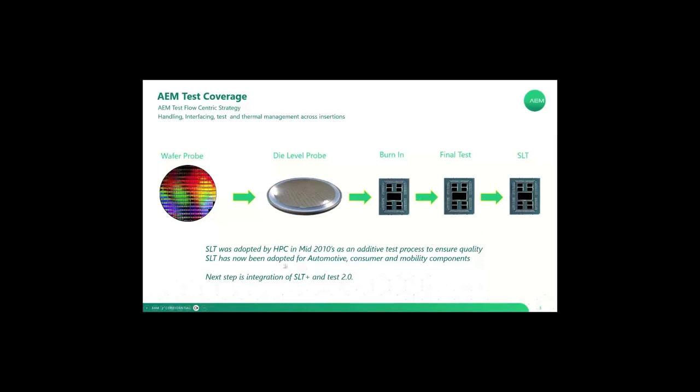What's also interesting is that over the last few years, as the rest of the industry has moved to these later, smaller process nodes, the automotive industry and even the consumer industry has started to adopt these additional SLT test flows. And if you really think about it from a test perspective, everyone has been developing and optimizing manufacturing test flows based on what's the most cost-effective way to catch the defects, to replicate what these parts do at the system level. So if you can't catch these defects with that lower cost production test flow, then you have